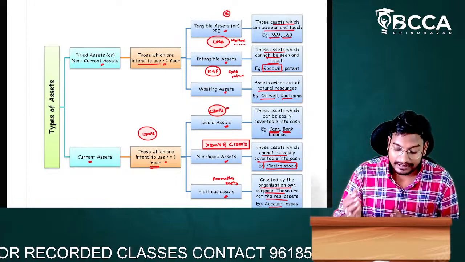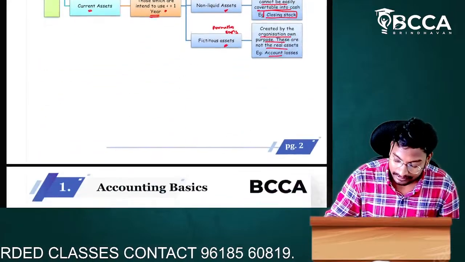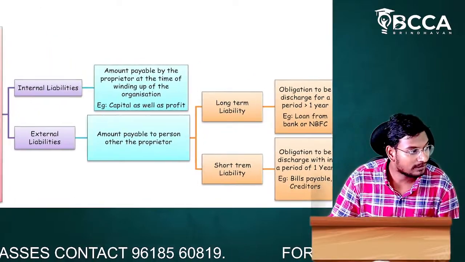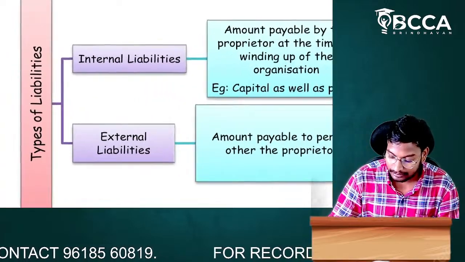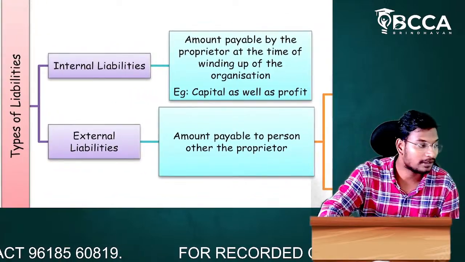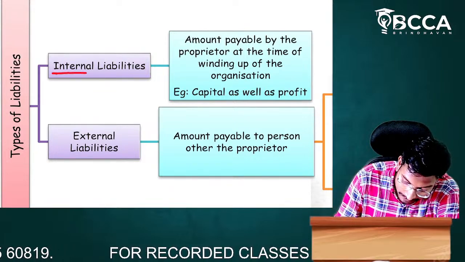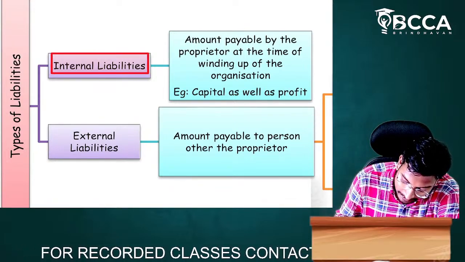Okay, sir? Then after, I have discussed our assets. How many times have we discussed assets? Next one, sir, we are going to discuss our liabilities. Liabilities are classified into mainly two types, sir. How many types of liabilities are there? Two types of liabilities. The first one is called internal liability. The next one we call what, sir?